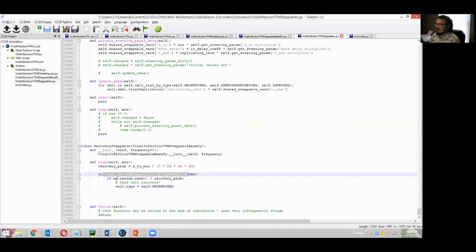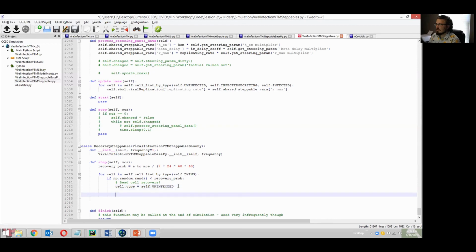So loop over all dead cells, draw a random number that's less than the recovery probability, implement recovery, and the implementation of recovery will start with changing the cell's type to uninfected. Now, for this particular simulation, with all of the different modules that are assigned to different cells, one thing that we haven't done much work on cleaning up is adding a new uninfected cell to the simulation, other than initializations. And the reason is because we've not considered recovery. And so for now, what we can do,